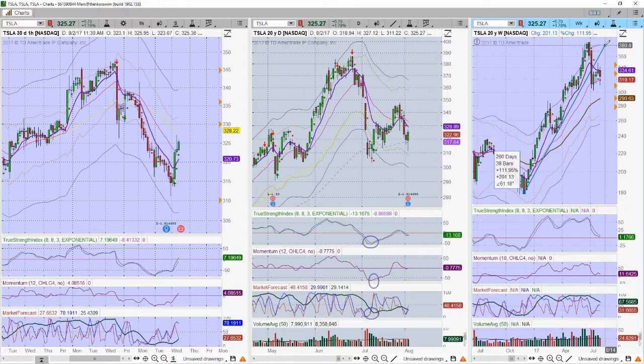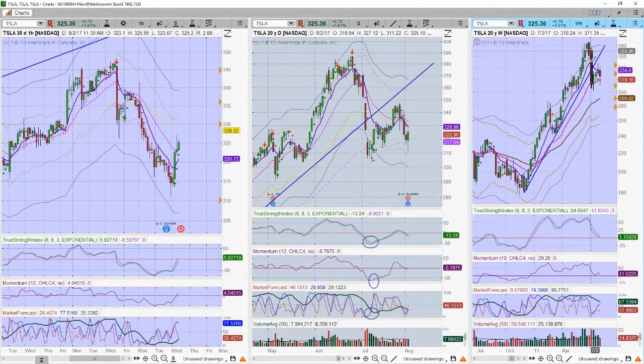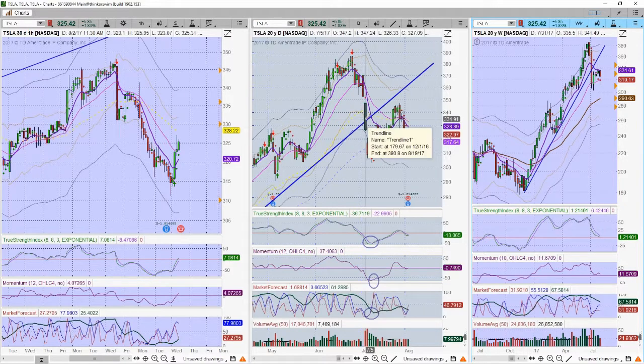So I can draw that trend line in, and guess what? Well, we broke down from that trend on the week of 7/3, excuse me. And we actually broke the trend line on 7/5 and hammered on down to the 100-day